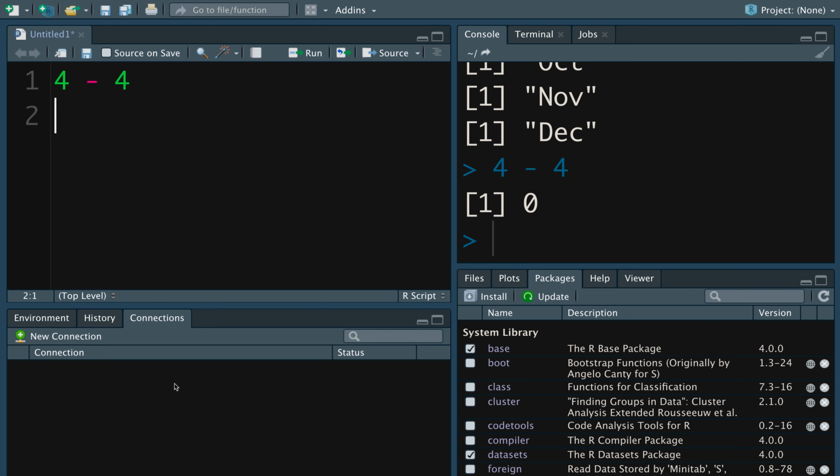And then connection is quite important, especially in a corporate or enterprise setup, where your organization could have, let's say, an Oracle connection or MySQL connection or a Microsoft SQL connection. So this is where you create those connections, whatever connections are available. This makes it much easier for you to make that connection in just one click. So that is again a very handy place. Files is where it shows all the local files that you have in your current working directory.